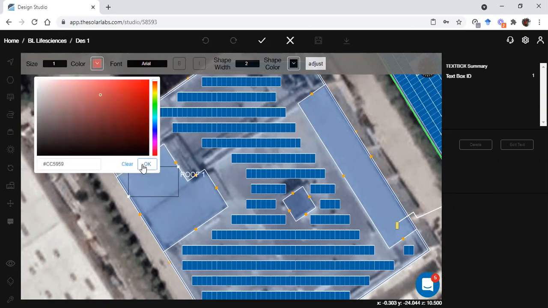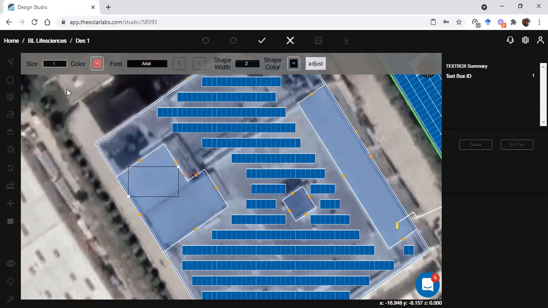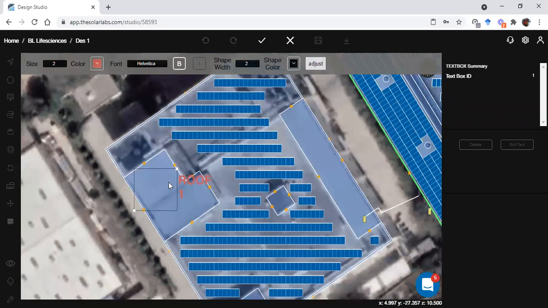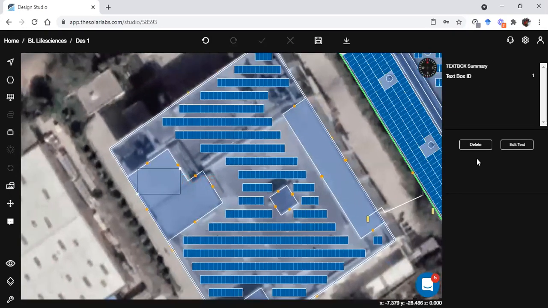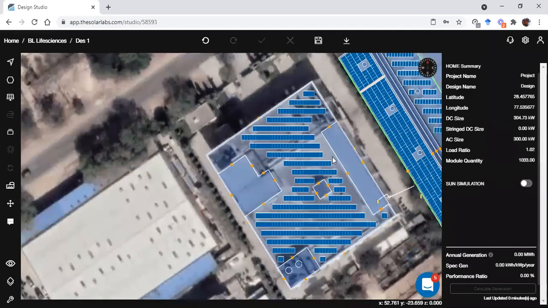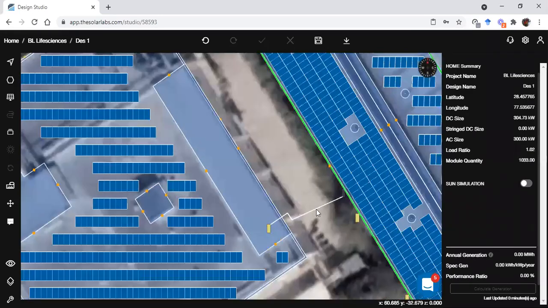We can set the color and its size. Then we have the font, whichever you want, and if you want it bold or italic. Then for the shape, you can do that. I'll just cancel it. You can do that part.